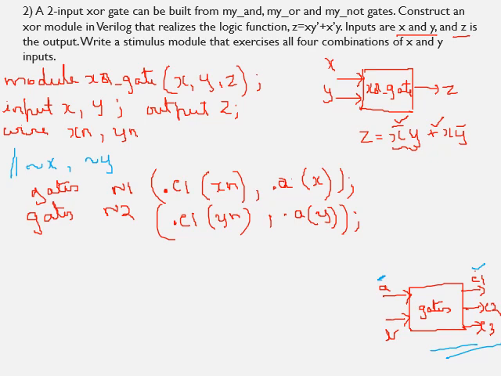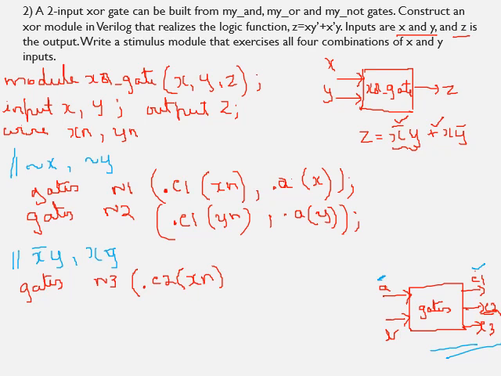Now next is we will instantiate the AND function. So to find x bar y and xy bar. Okay. So for that I will again instantiate the module gates. I will give some instance label n3. Now AND gate output is C2, right? C2. So dot C2 inside the brackets to find x bar y. This is xn.